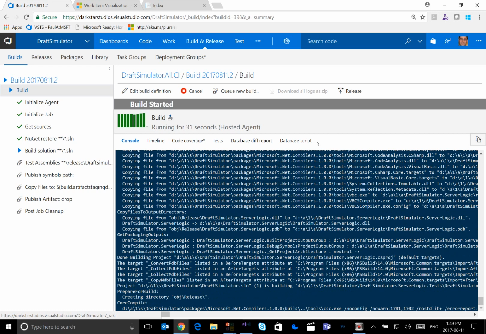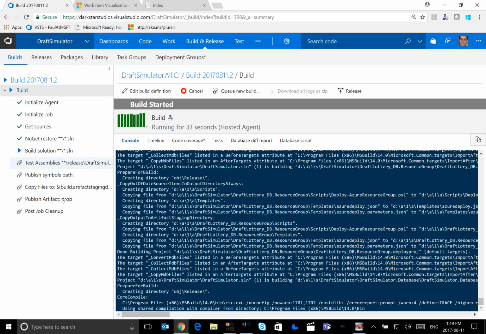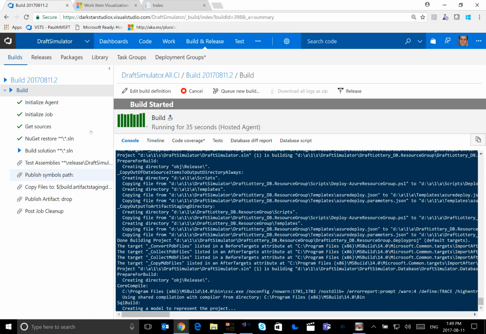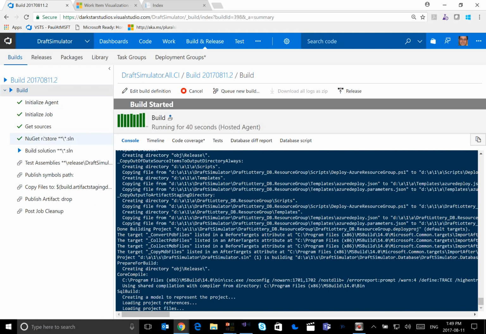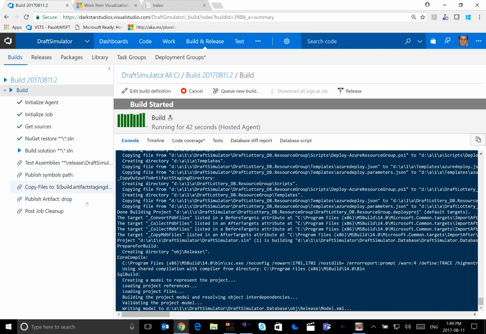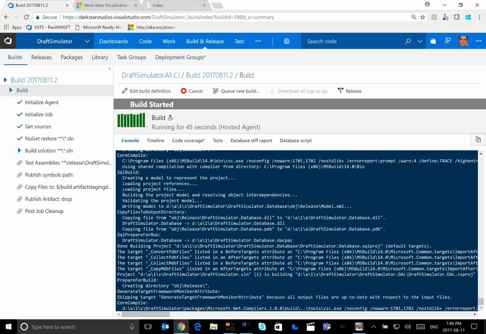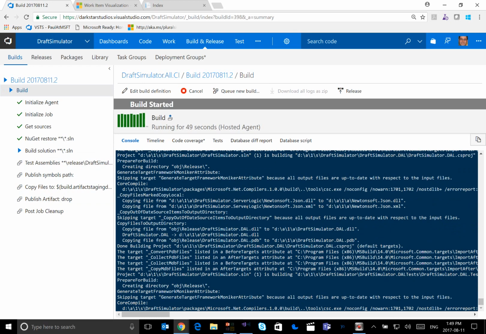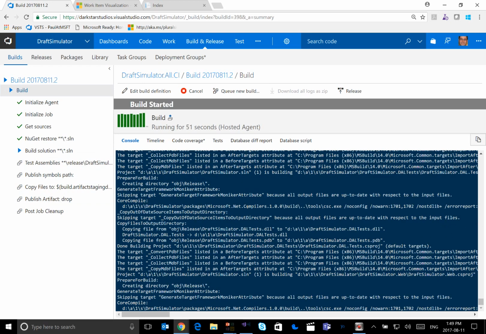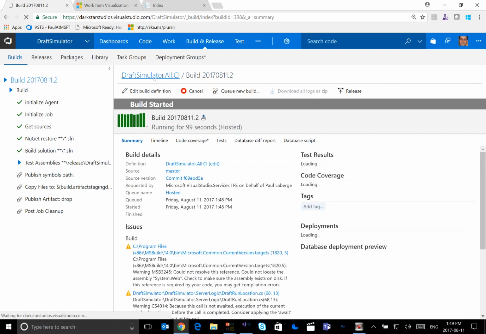Now, as I was talking, you were probably watching the screen, and you can see on the left-hand side we have a number of different steps. These steps are either automatically added to the build definition or ones that I've specifically created. And as you can see right here, we have a real-time console that provides me with some details of exactly what's going on within the build at any one point in time. So let's take a look at this and get a better understanding while this is continuing to build. I'm going to assume that this is going to work properly. So let's actually move forward. And if I click on this build definition,